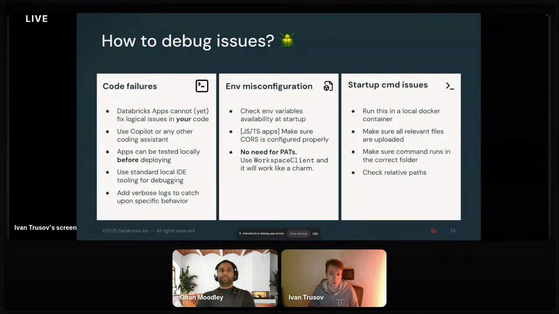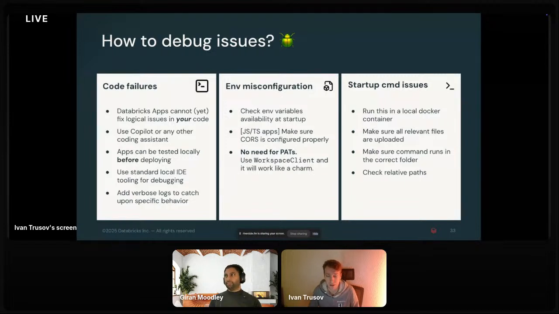Second problem, which happens quite often, is that not all relevant files are properly uploaded inside the package. This especially happens if you are using Python packaging and you have some static asset, let's say a folder with an index.html file, and it's not Python code, and you did not specify for your package manager that it needs to be included.